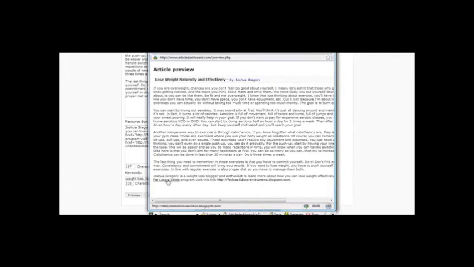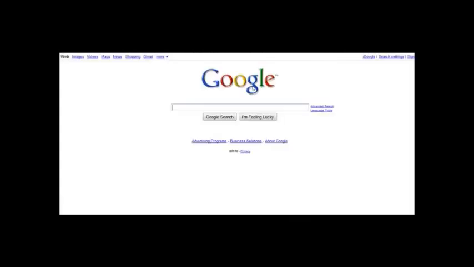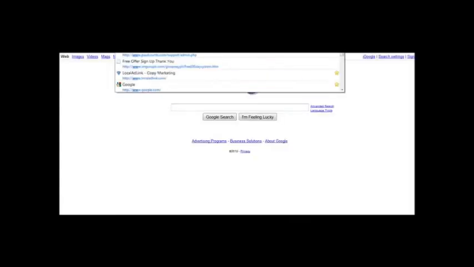If the links aren't working, it's not going to be very good for you. So that link is working, and everything should be good there, and then you could just click on submit. Now, an additional article directory I did not show you that is also a good one is